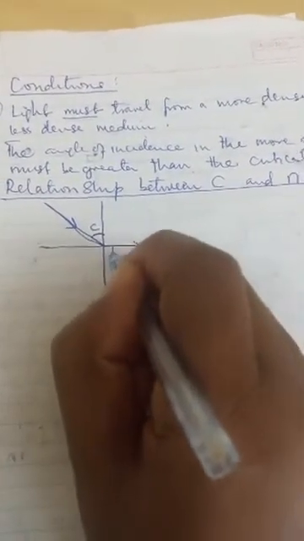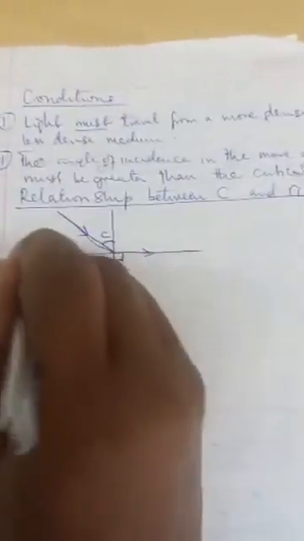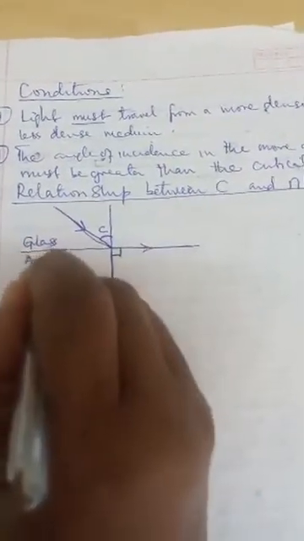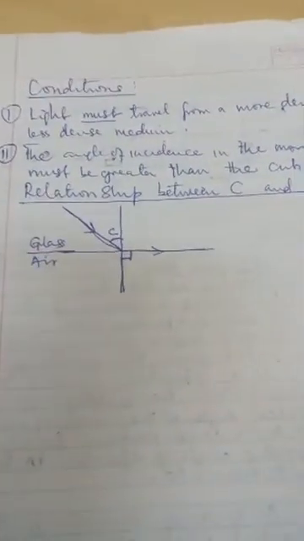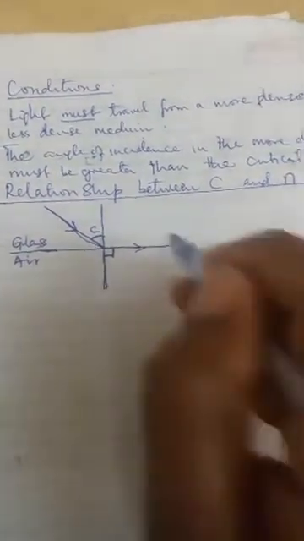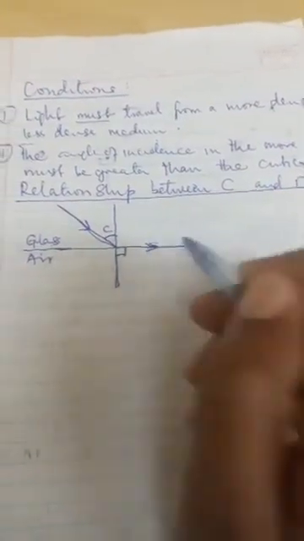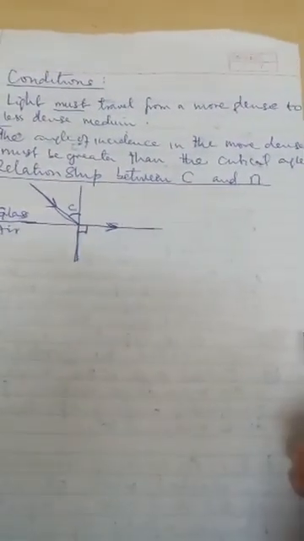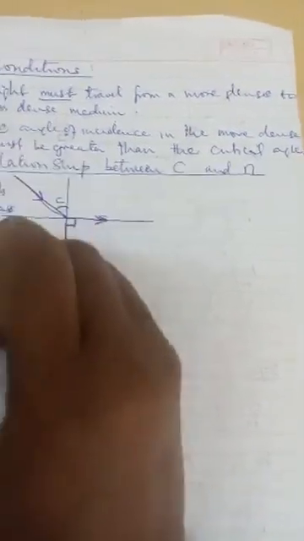Light does not bend unless it is being refracted, so the diagrams must all portray straight lines. Now, to derive the relationship, we shall consider glass and air, where glass has a refractive index which we shall note, and air has a refractive index